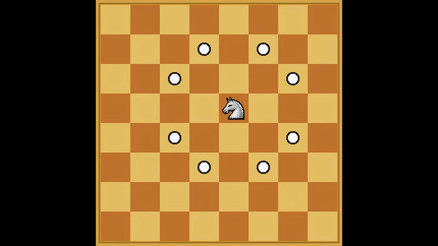The diagram shows how the knight jumps over the d5 square to c6 or c4, over the e6 square to d7 or f7, over the f5 square to g6 or g4, and over e4 to d3 or f3.